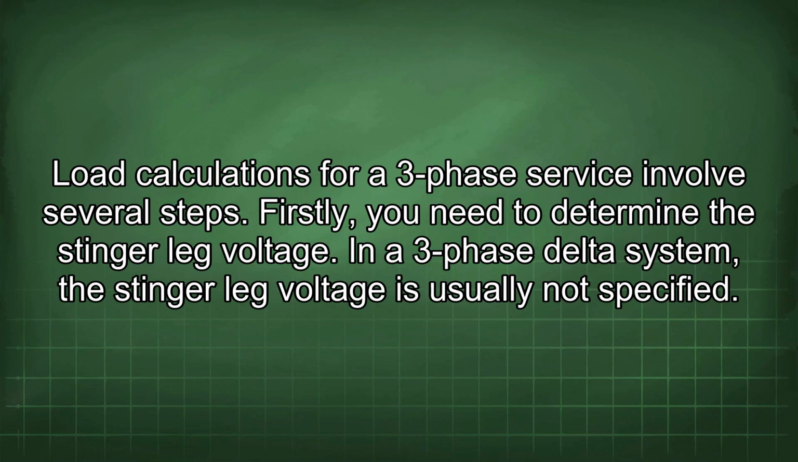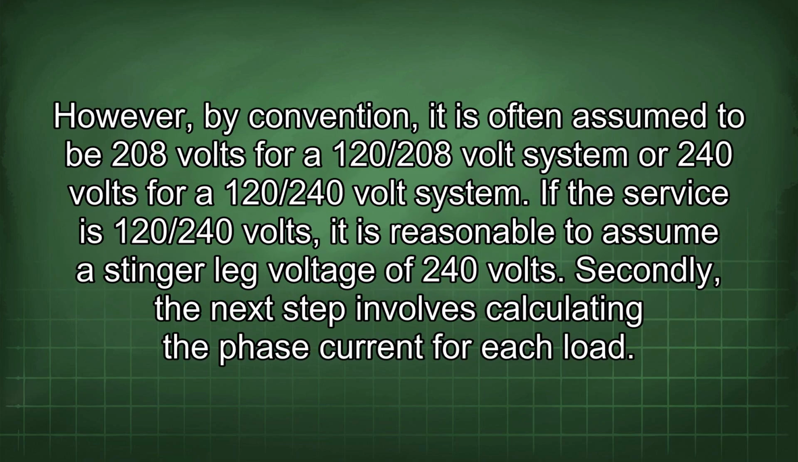Load calculations for a three-phase service involve several steps. Firstly, you need to determine the stinger leg voltage. In a three-phase delta system, the stinger leg voltage is usually not specified. However, by convention, it is often assumed to be 208 volts for